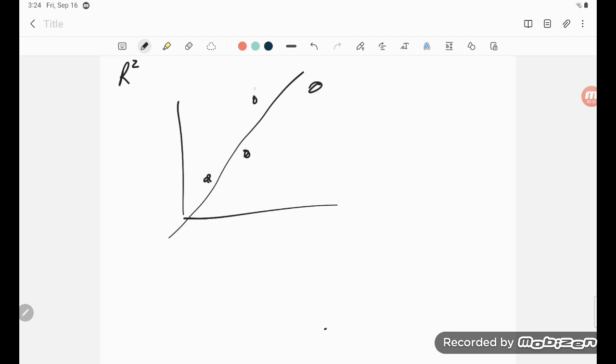And this is y0, y1, y2, y3 here for heights. And then on the graph itself of the line, that would be y0 hat, y1 hat, y2 hat, y3 hat. So those are the predicted values. And if we look at the variation